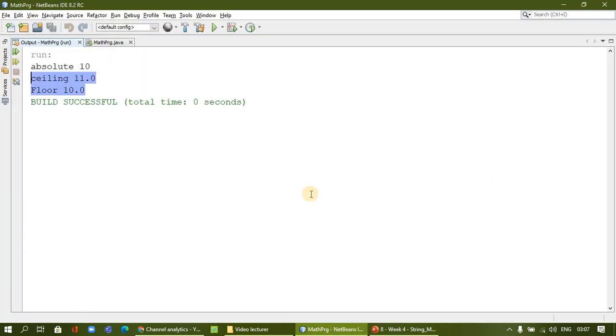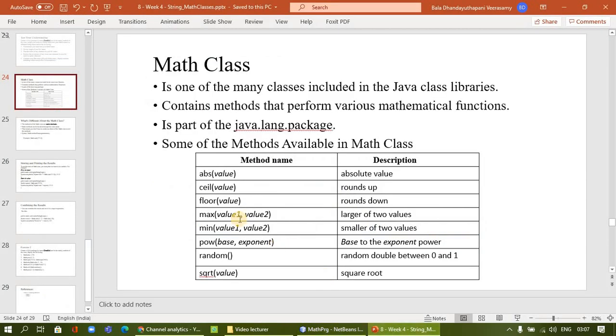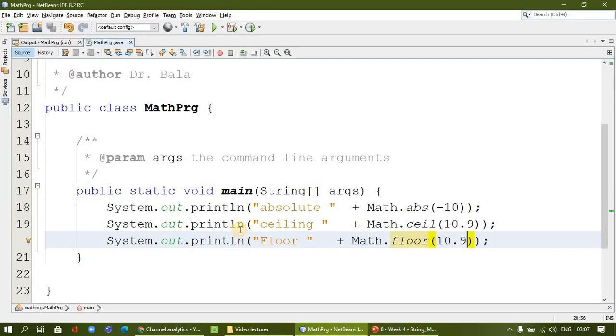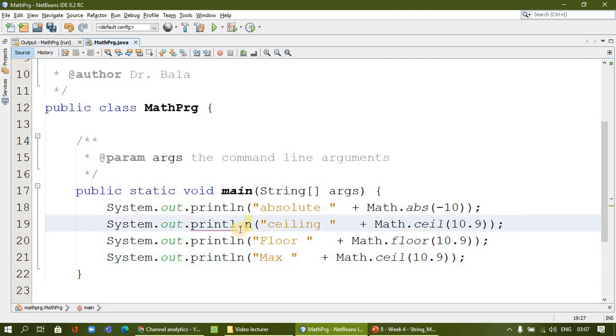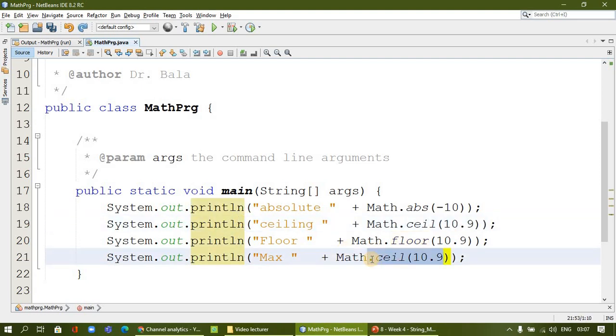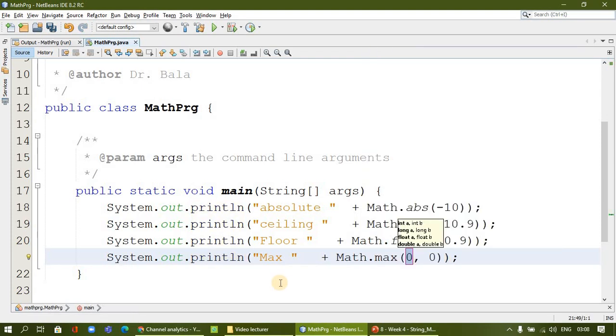So the next one is maximum and minimum. I'll go for the same, and I'll change it to max, of two numbers I'm going to find. I'm going to give two numbers, and I will add the method as max. I will give 10, 20.